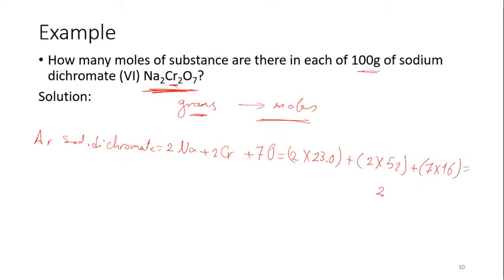This would give me 262. This means each 1 mole of sodium dichromate contains 262 grams